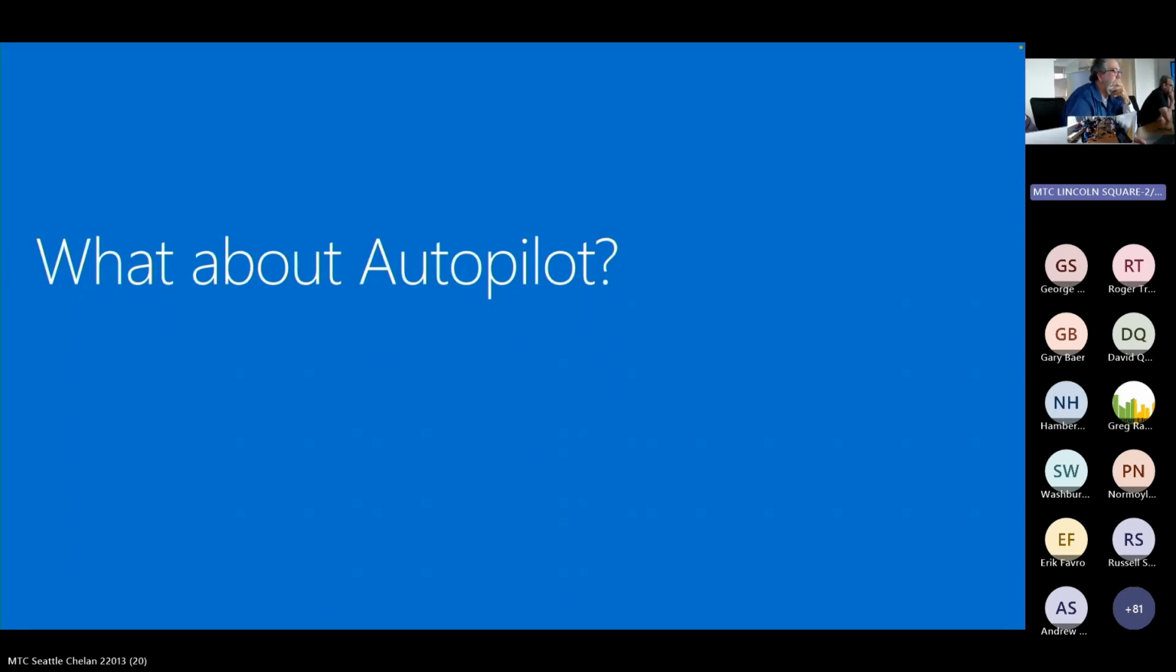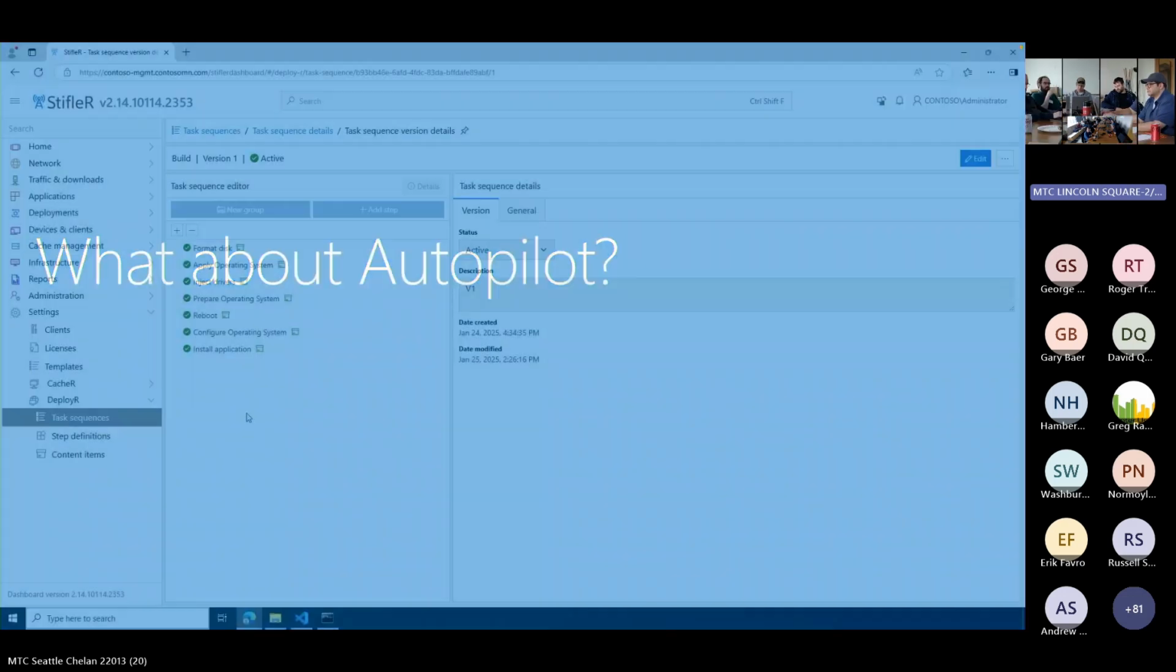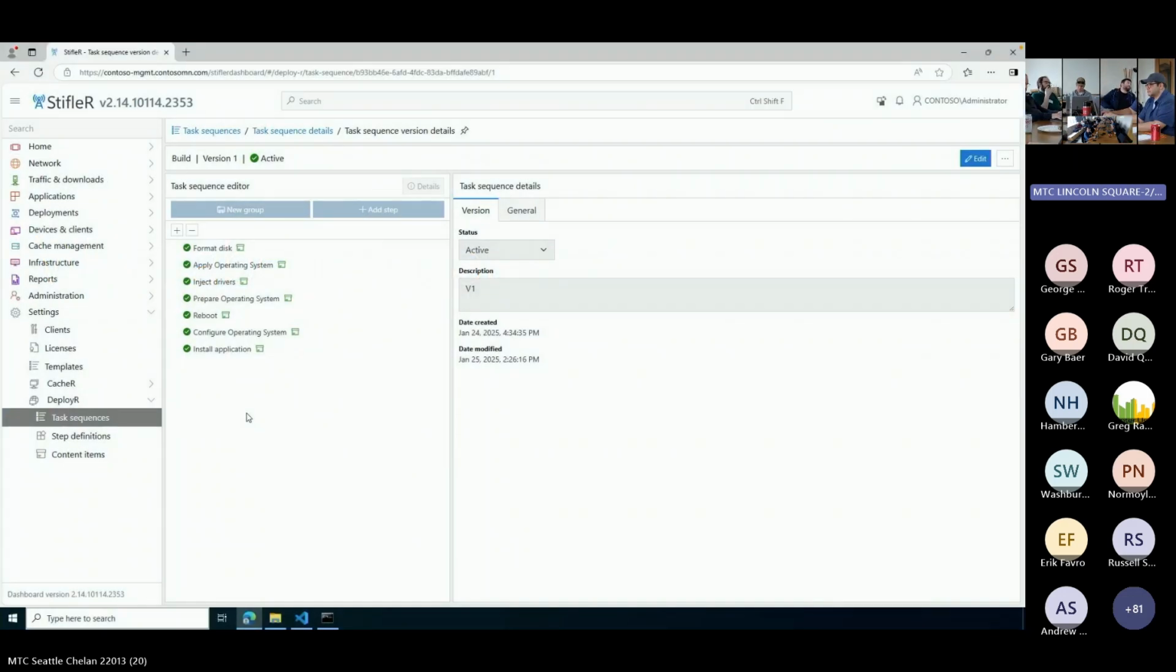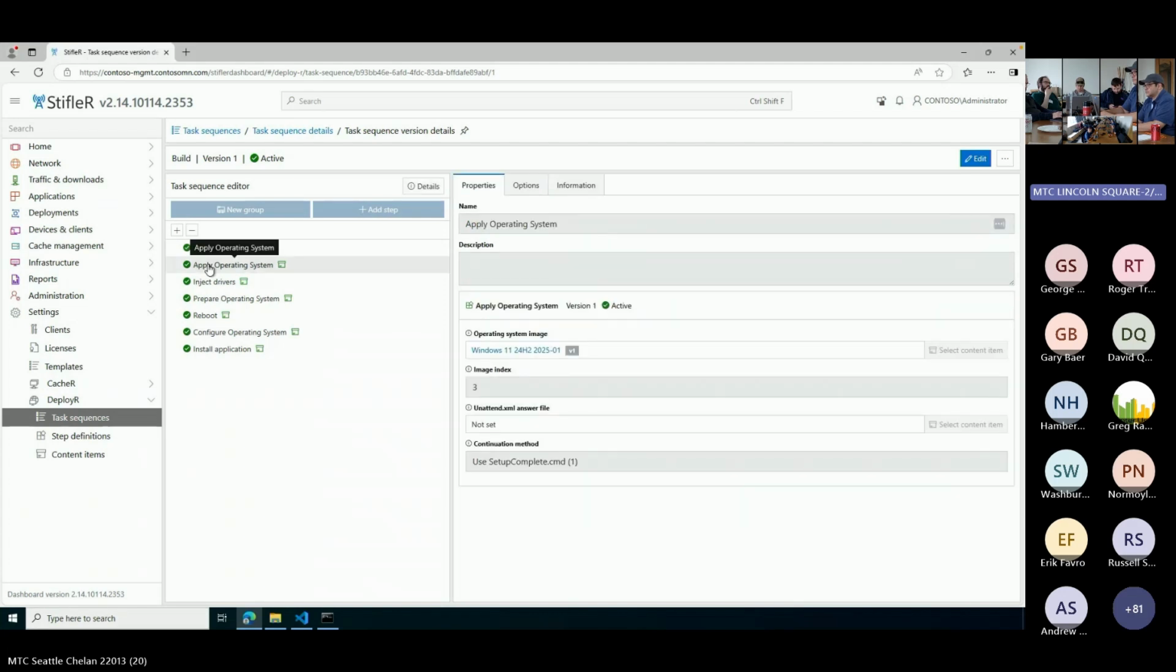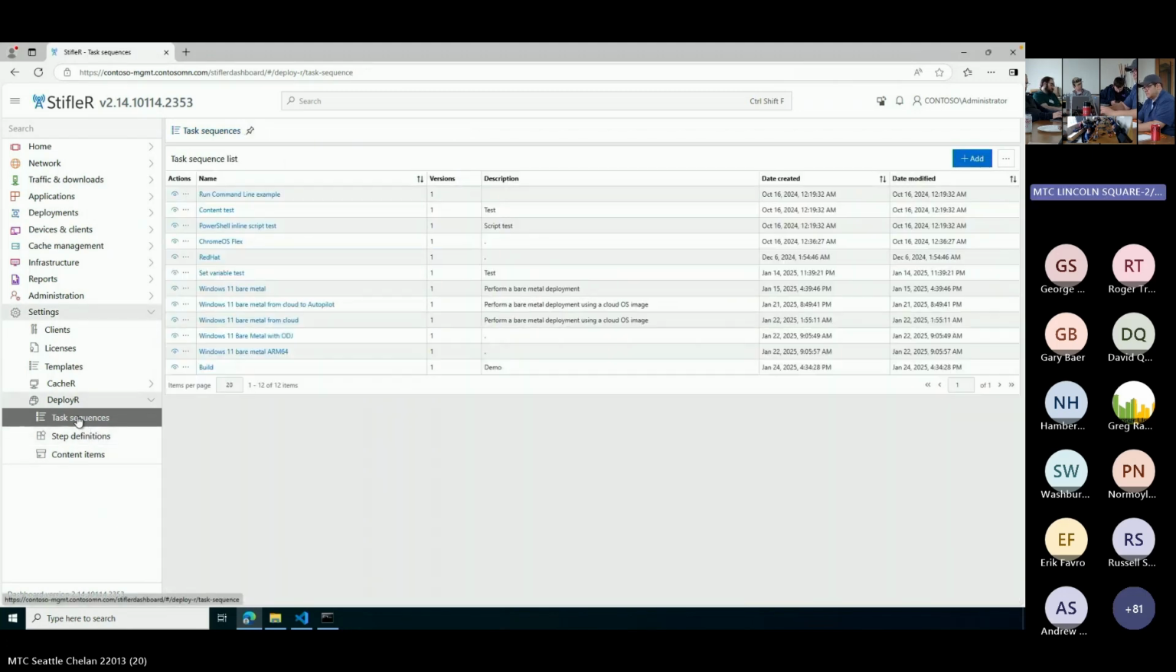We've had a lot of people who've then said, well, what about Autopilot? So how do I do a bare metal deployment, but then have the device get into Autopilot? So we've built out a task sequence to do that, where the basics of the process are still to format the disk and apply the operating system, but we don't need to